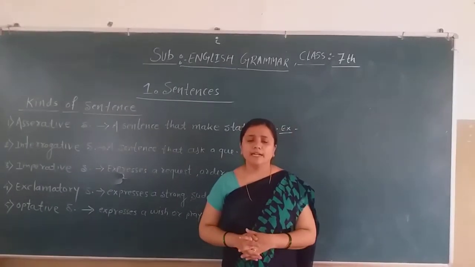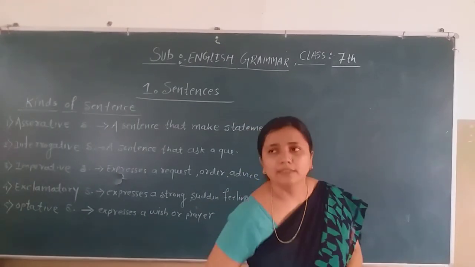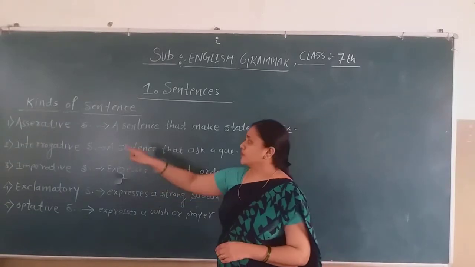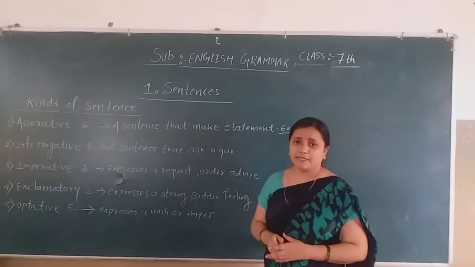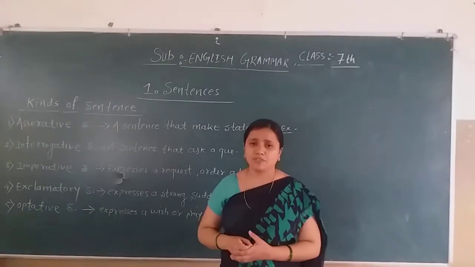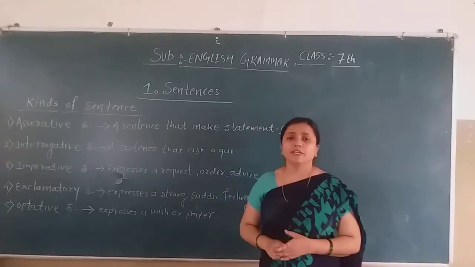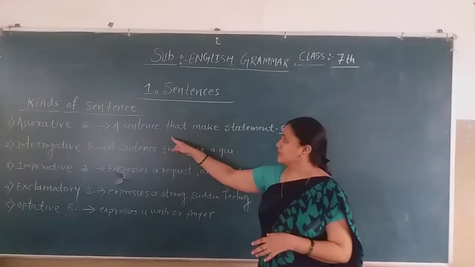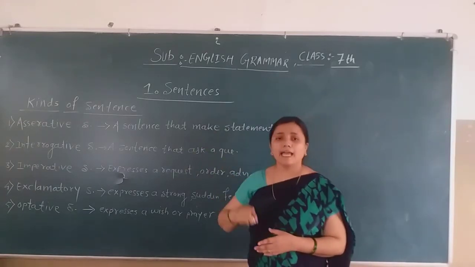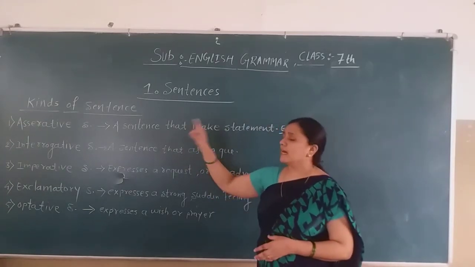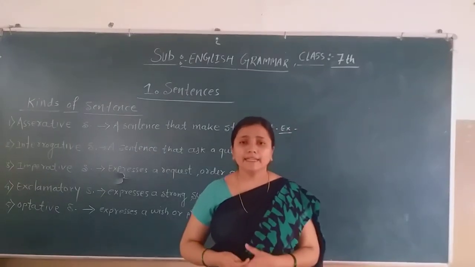So students, we are going to discuss the kinds of sentence one by one. Let's get started. The first one, assertive sentence. A sentence that makes a statement or makes any assertion is called an assertive sentence. What is the definition of an assertive sentence? A sentence that makes any assertion is called an assertive sentence. For example, we can take any sentence,